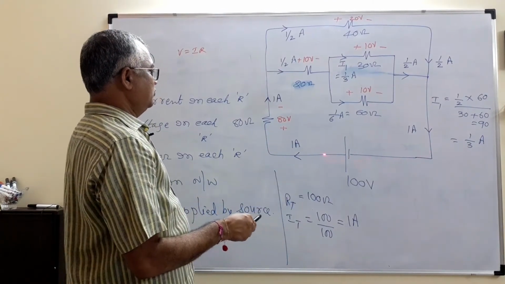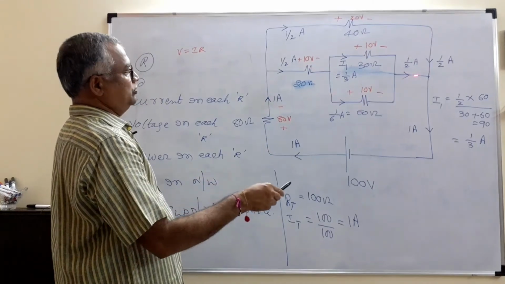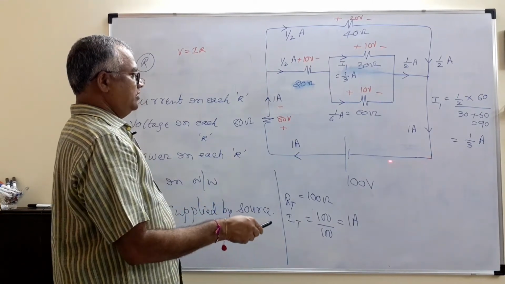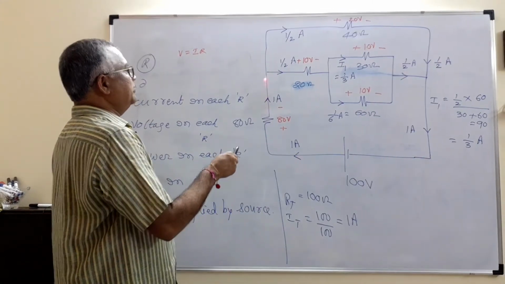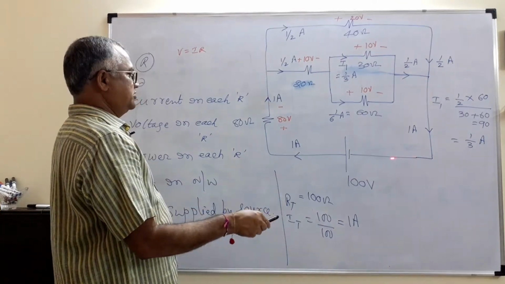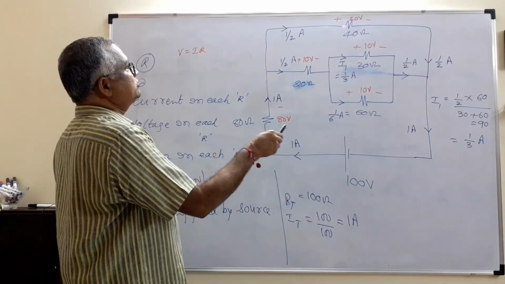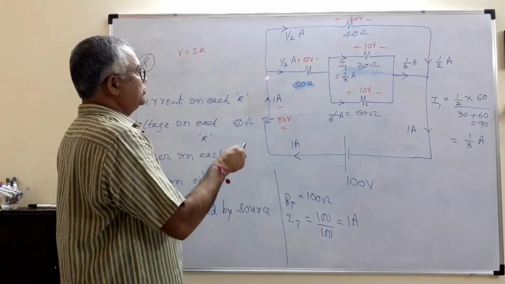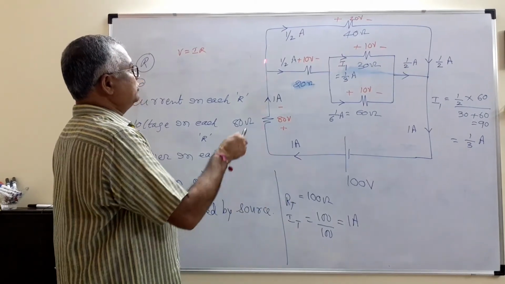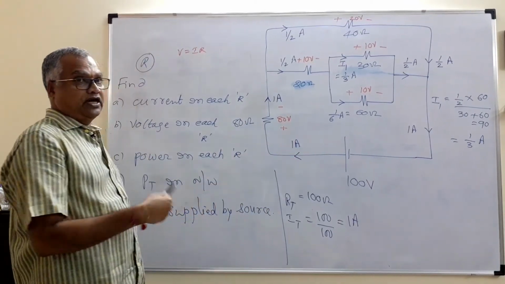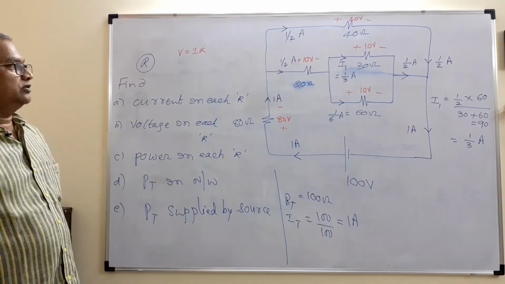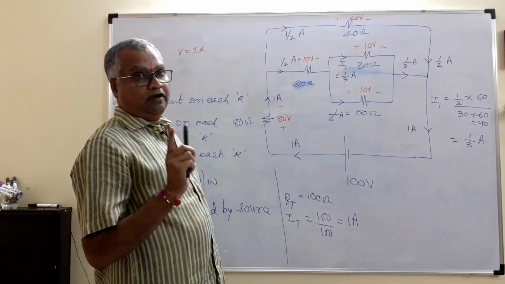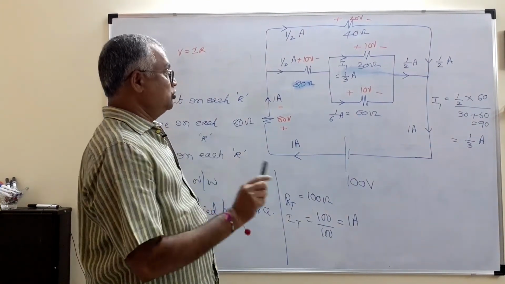So it is a voltage law. Voltage law is always applied in a loop. So 100 equal to 80 plus 10 plus 10, satisfied? This 100 is also equal to 80 plus 10 plus 10. This 100 is also equal to 80 plus 20. Always the sum of the voltages in a loop equals 0. Like this you can verify the answer. Whether you have done it correct or wrong, you can verify with the help of voltage law. But voltage law is always applied in a loop, not at the node.